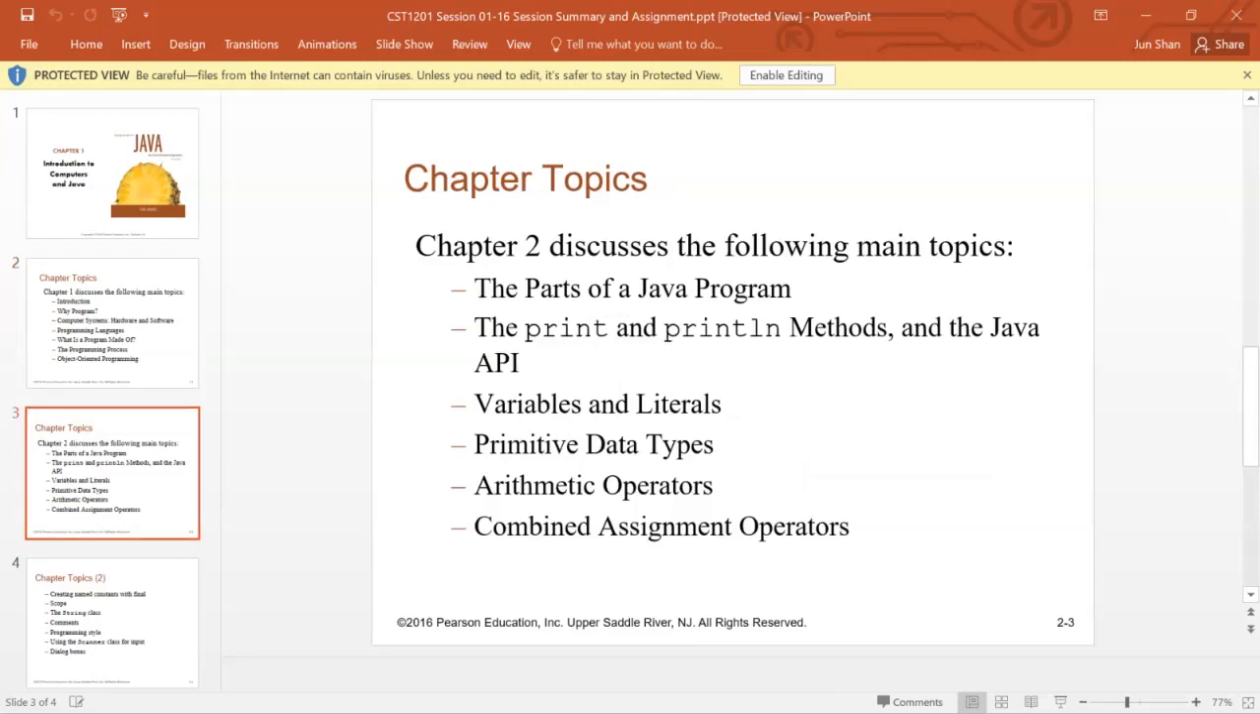In Chapter 2, we discussed the basic Java programming components. We discussed the parts of a Java program and what components we have in the Eclipse IDE, starting with the project, the package, the Java file, and the class. In our particular course, we will only utilize one project, and you only need to create one package at a time. In each package, you can have multiple Java files, but each Java file will only have one